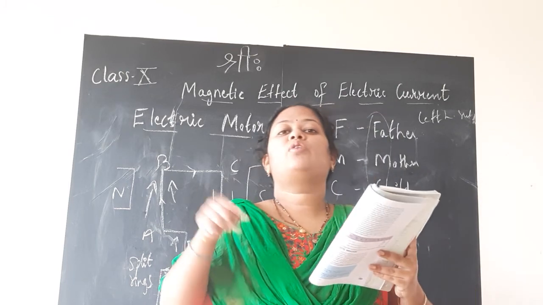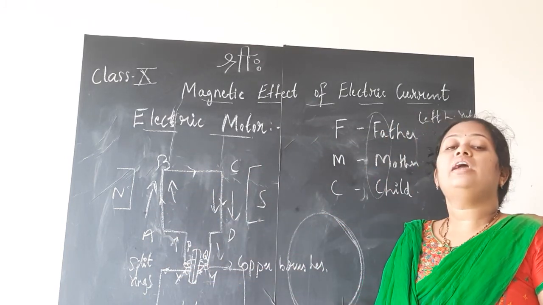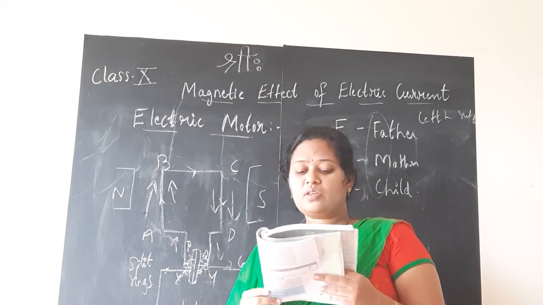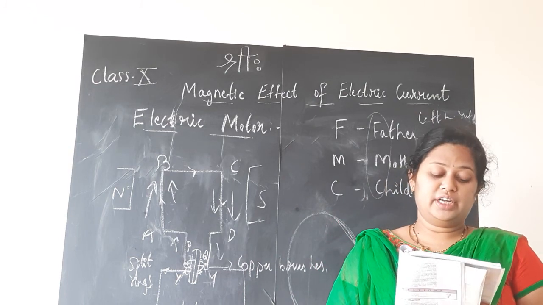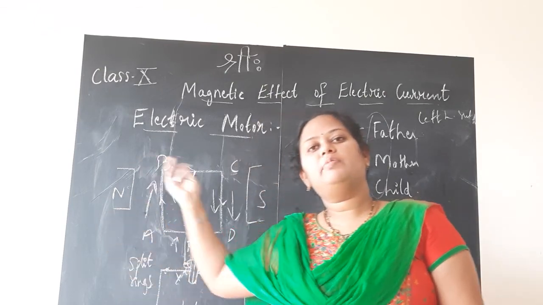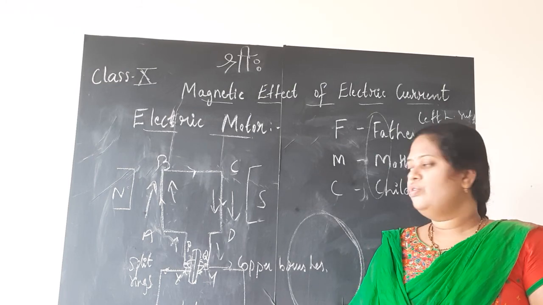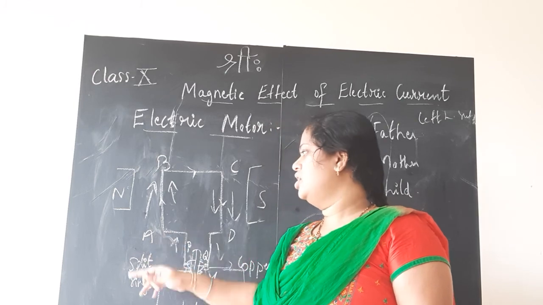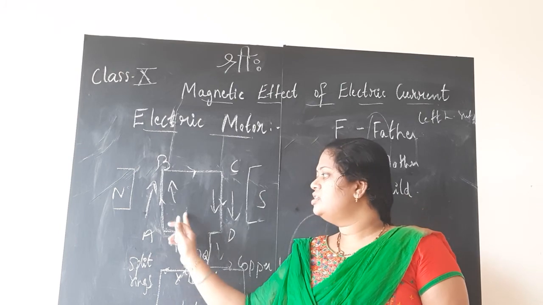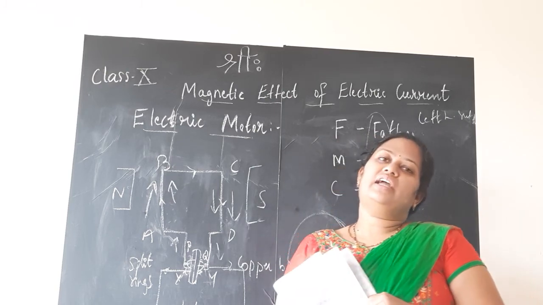An electric motor is a rotating device. What is rotating? The armature ABCD is rotating, and when it rotates, it converts electrical energy into mechanical energy. When the current flowing through this conductor is stopped, the armature will not rotate. It is no more a current carrying conductor, it is just a conductor. Only when current is passed through this conductor, children, does it start rotating and act as the electric motor. Here the electrical energy gets converted into mechanical energy. You see it rotating, that is called mechanical energy.